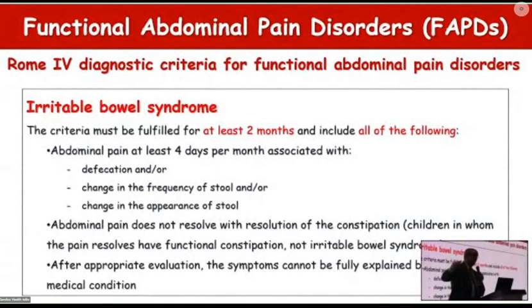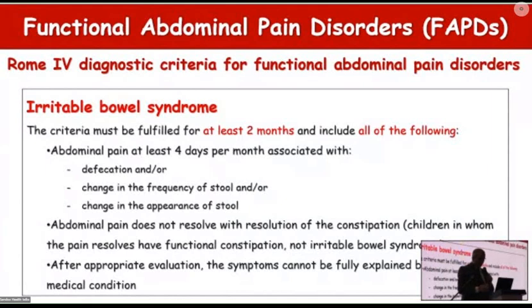When you have abdominal pain once per week associated with one of these, and it does not resolve with the resolution of constipation. So if the patient has constipation and abdominal pain, and with resolution of constipation the pain resolved, it is not irritable bowel syndrome. And you should find that after appropriate evaluation, the symptoms cannot be explained by other medical conditions. If you revise all your patients coming with abdominal pain, you will find a lot of them fulfill the criteria